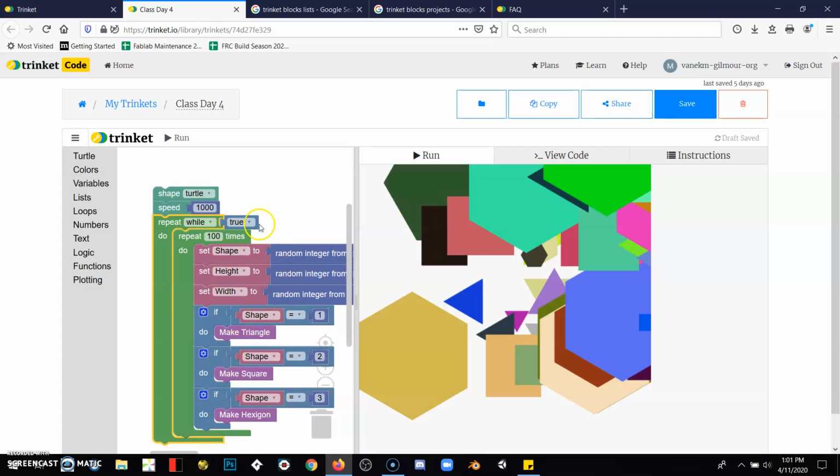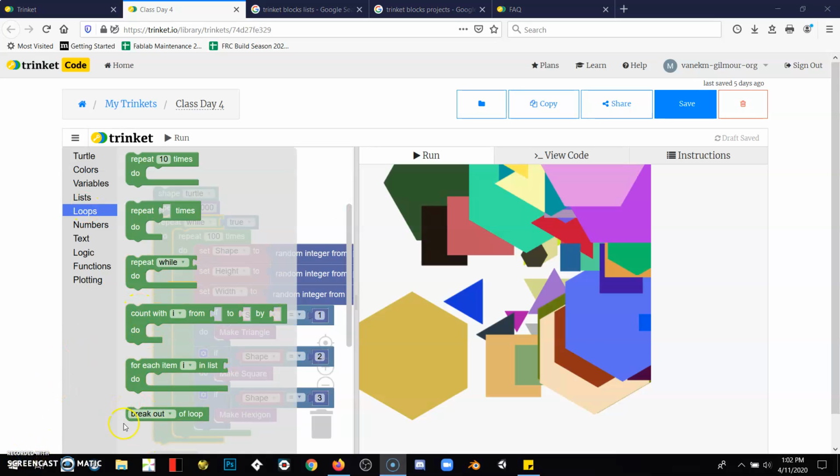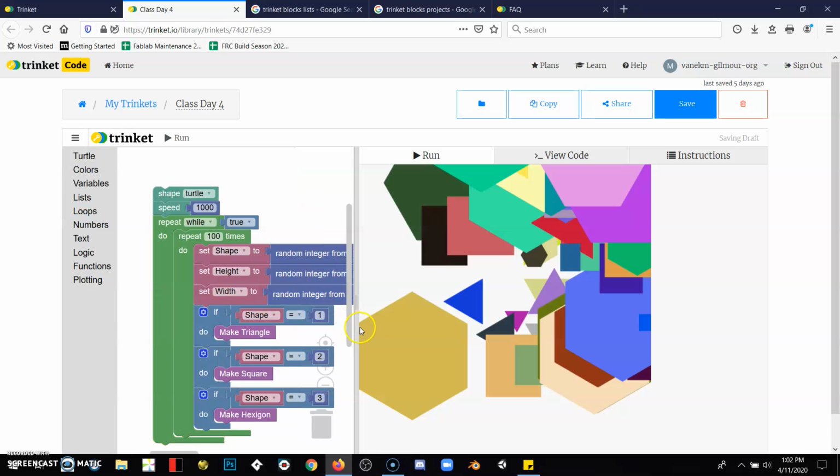That'll run forever because this is always going to be true, right? This is not a variable, so as soon as this loop starts, it's going to run forever unless it hits a break, and a break is in the loops, right? So unless I hit this break out of loop, or in EV3 programming, like a loop interrupt,